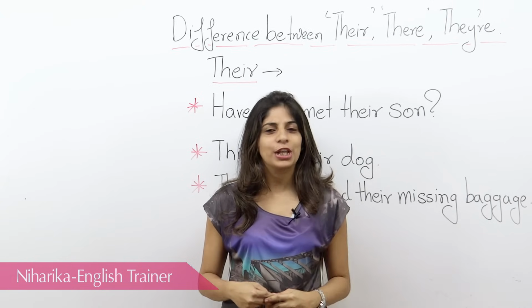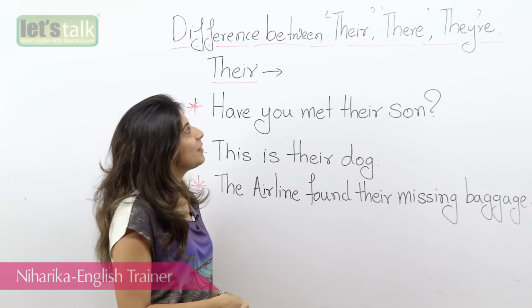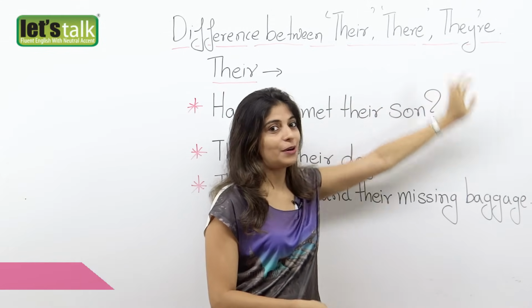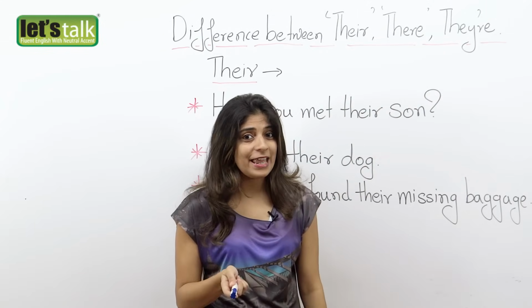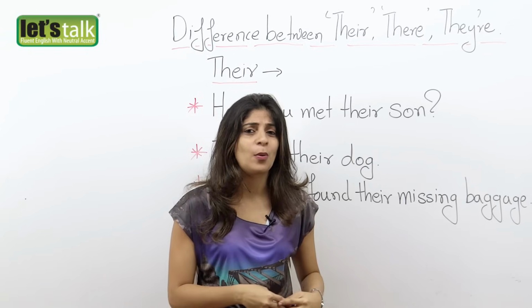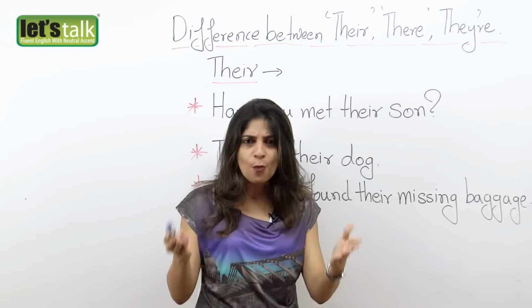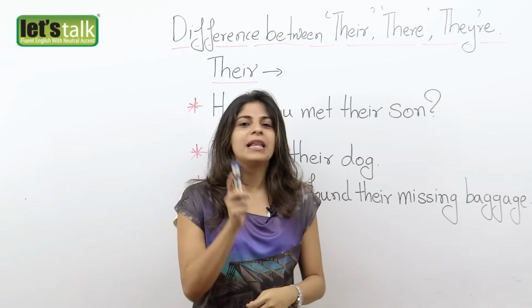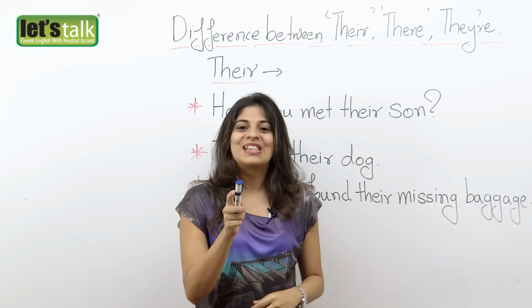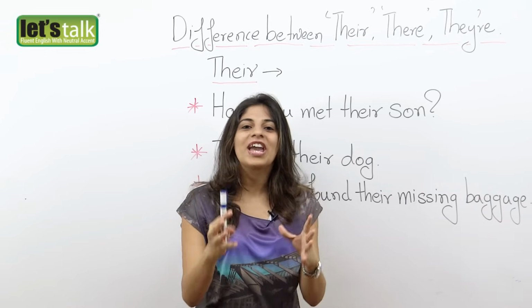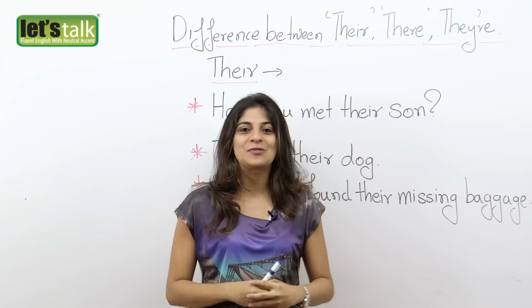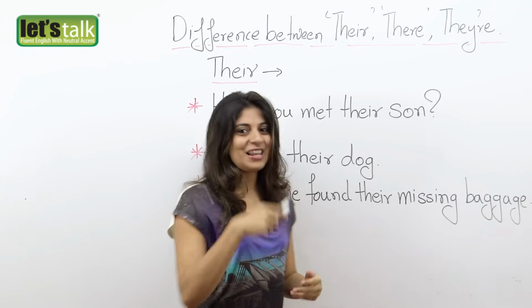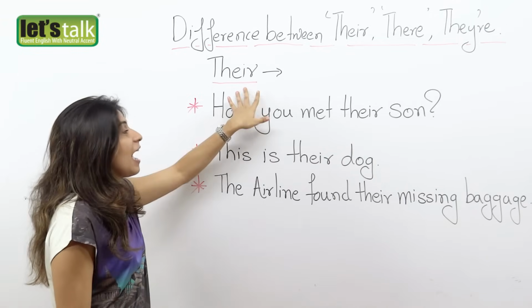Let's see what we are going to learn today. Well, we are going to learn the difference between there, their and they're. While writing English, you may stumble over these commonly confused words. They are homophones, they sound similar, but they are used differently. So that's what we are going to learn today. We are going to look at the difference between these words and of course how to use them correctly. So let's get started. Now we have their,